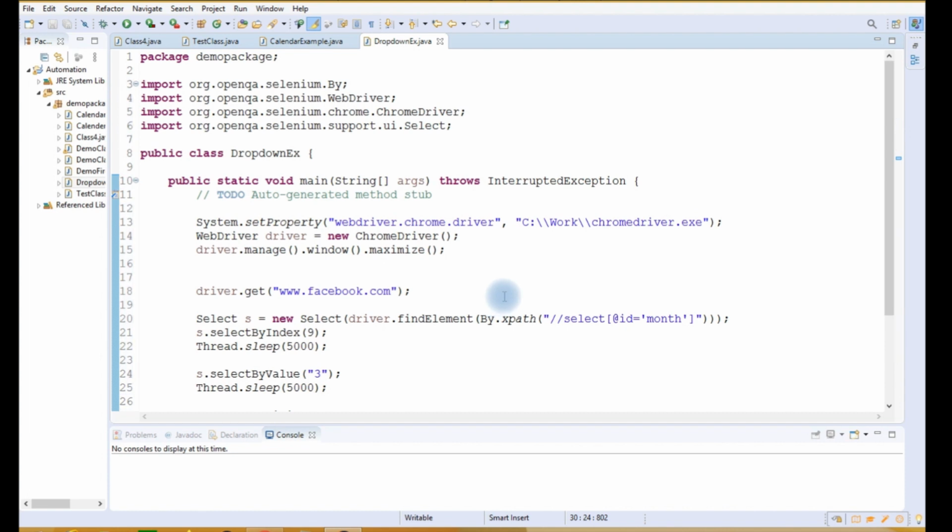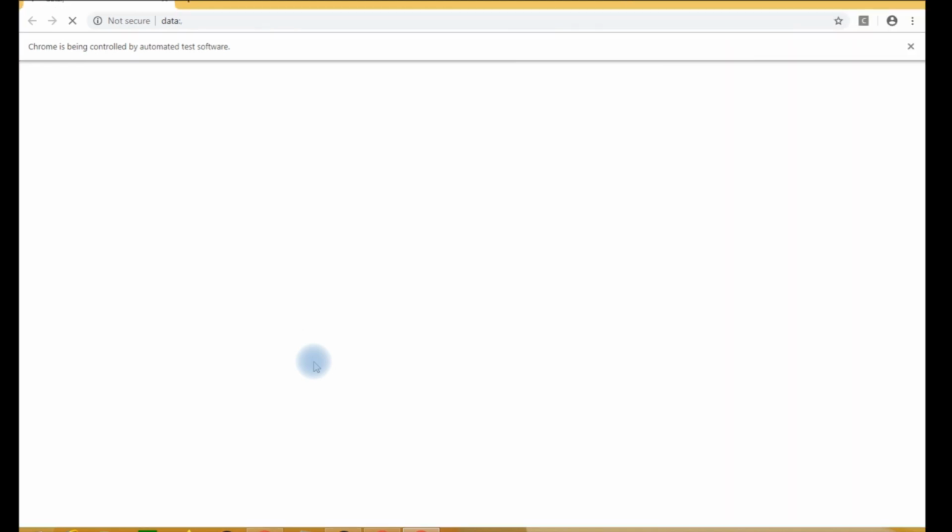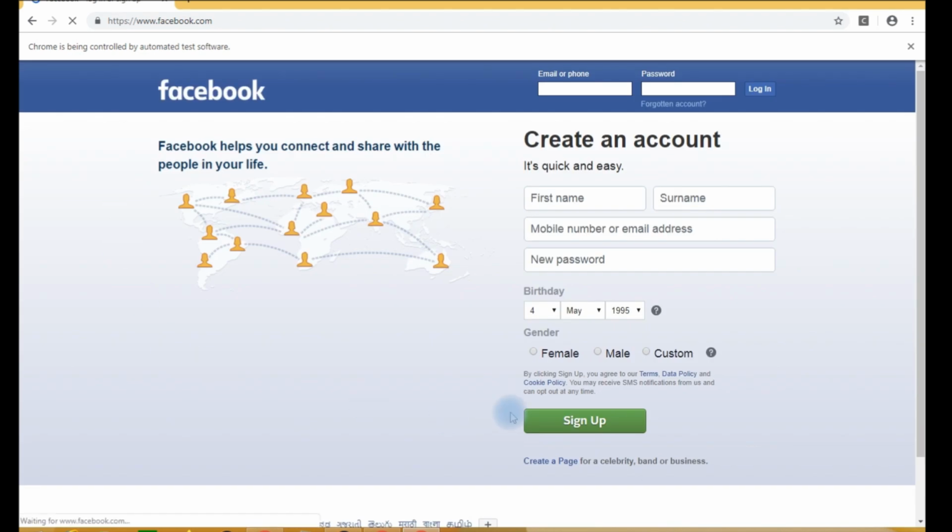I will save it and click on this run button. Now the browser is being opened and the website Facebook should be loaded. As you can see, Facebook is being loaded. Once it is completely loaded, it will select the months according to our code. So keep an eye on this month drop down.